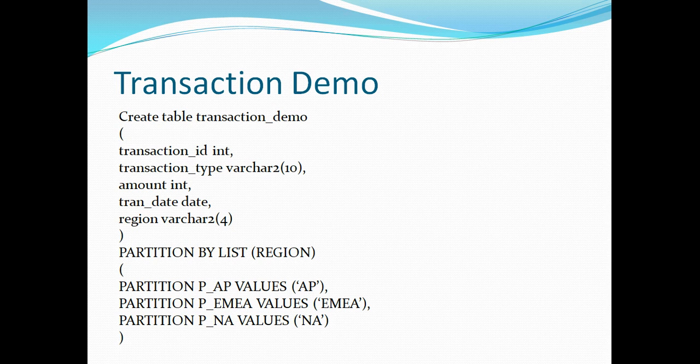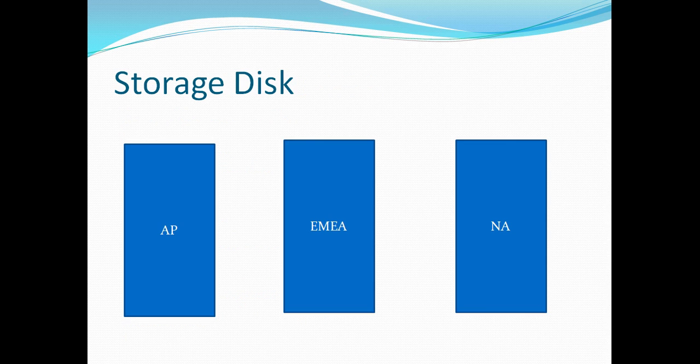So what exactly will happen if I run this in my Oracle? As soon as I run this, Oracle is going to create 3 different partitions, or underlying 3 different segments, which are totally exclusive. As soon as I try to insert my first row, which belongs to the Asia Pacific region, it will know that it has to store that row in this particular partition, or this particular segment on my disk. If I try to insert a row that belongs to North America, it will store it here.